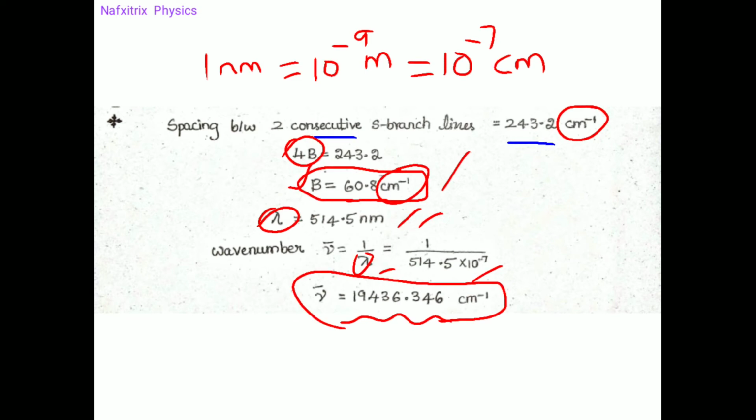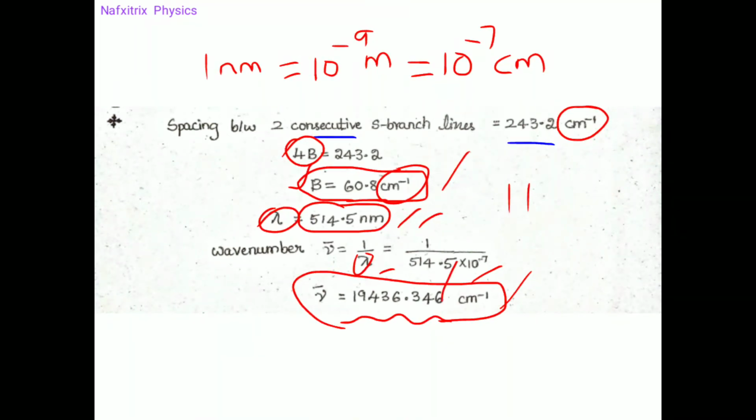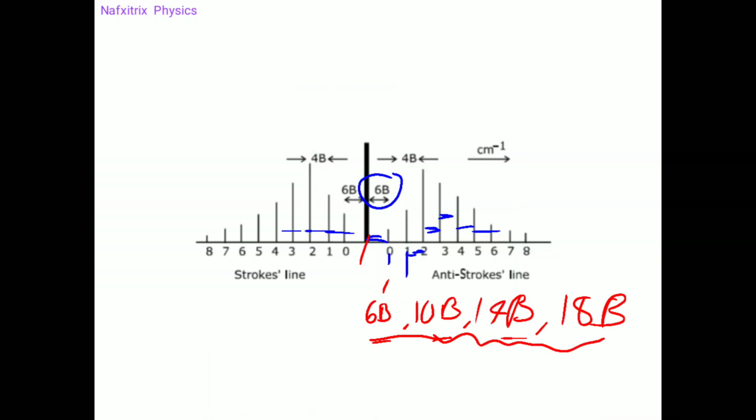That means in 1 centimeter, there would be nearly 19,436 wavelengths. This many waves could be fitted in that 1 centimeter if the wavelength of light used is this. So in that 1 centimeter we can fit these many waves. That is the meaning of this wave number. So next,